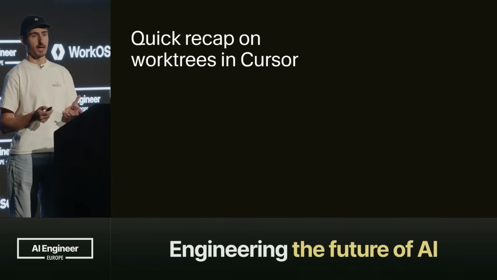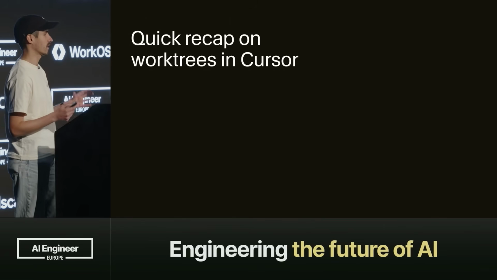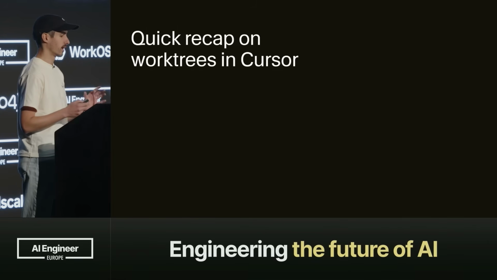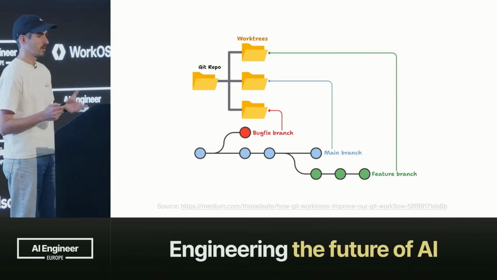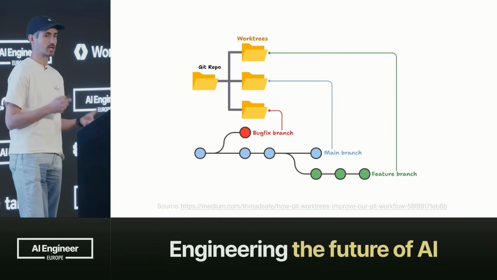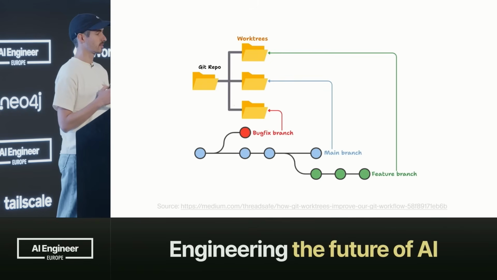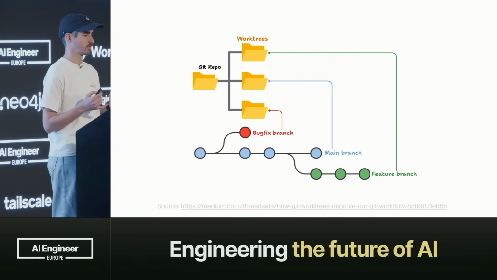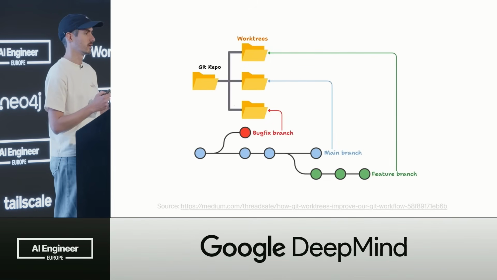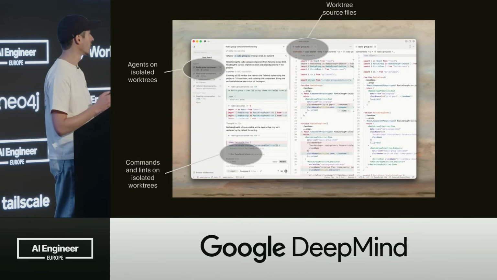Before I start, though, I have to give you guys a little recap of Git worktrees and how they work in Cursor. Now, if you haven't heard of worktrees, in Git, they're effectively like separate checkouts of your repos that allow you to work in parallel. So different agents can be working on the same task, or on different tasks, at the same time without